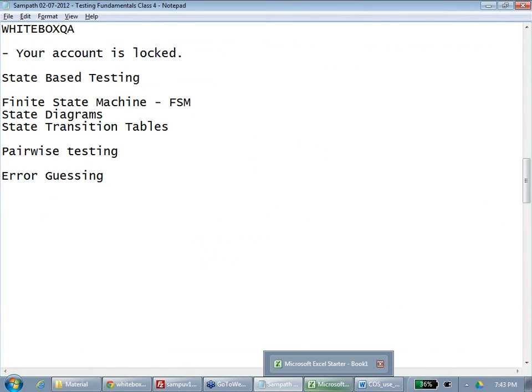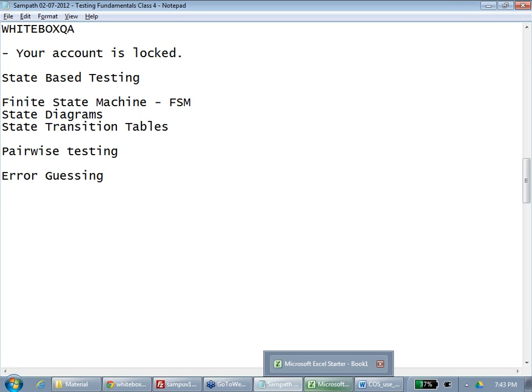Coming back, let's say error guessing. Pressing two buttons at one time. That is more like acting smart. So when you come up with test cases by acting smart, that is called error guessing. For example, you have to enter something and you don't enter anything and submit. That is error guessing. Agree?